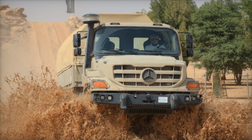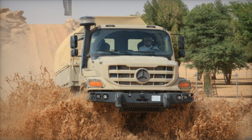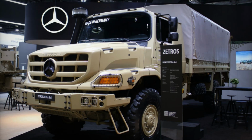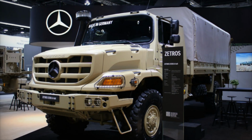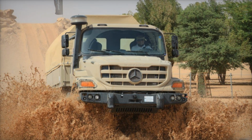At the IDEX 2025 Defense Exhibition in Abu Dhabi, Daimler Truck unveiled one of the most impressive solutions for modern armed forces, the Zetros 2036A 4x4. This powerful vehicle was designed to meet the growing needs of the military for reliable, high-mobility vehicles capable of operating